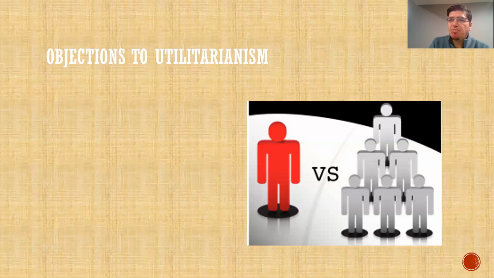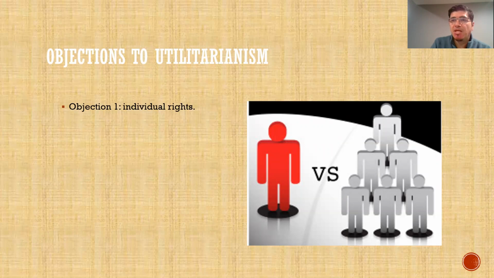So let's look at objections to utilitarianism. Some of the distinctive characteristics of the views come to the fore in seeing how they respond to objections, and also our ability to understand whether or not that's a good view, a view we should believe, can be tested by those objections, so we can think about the situation better. An important objection to utilitarianism is that it seems to make no space for individual rights.